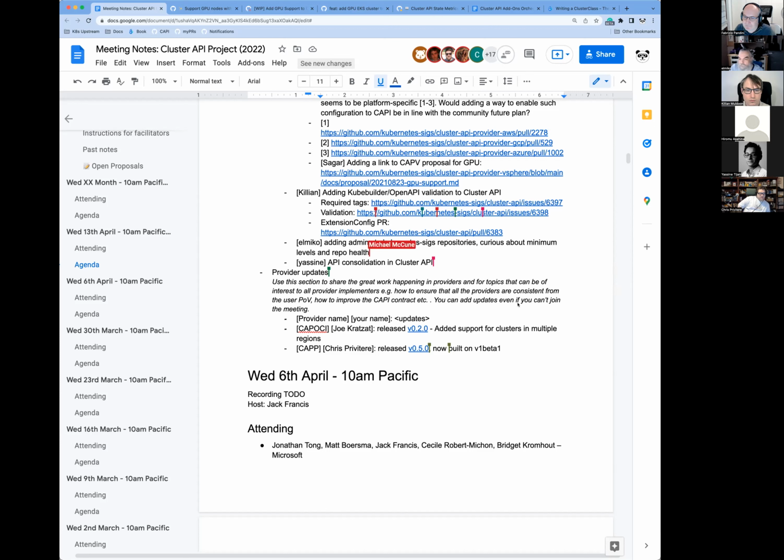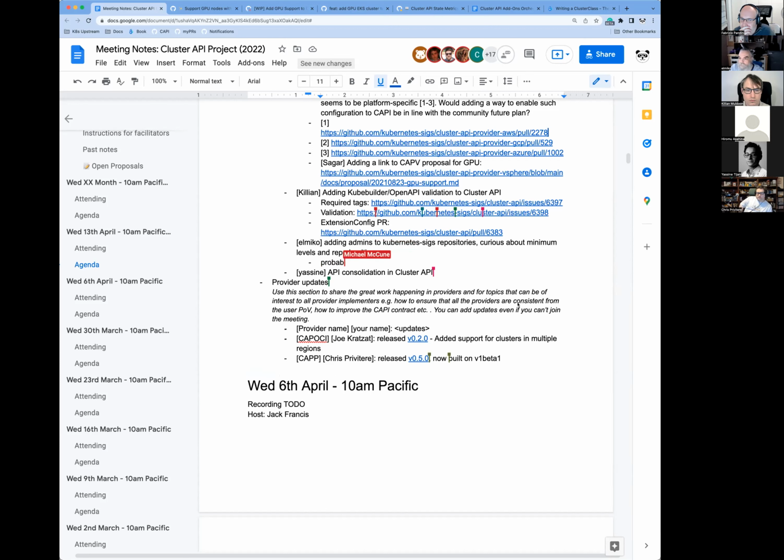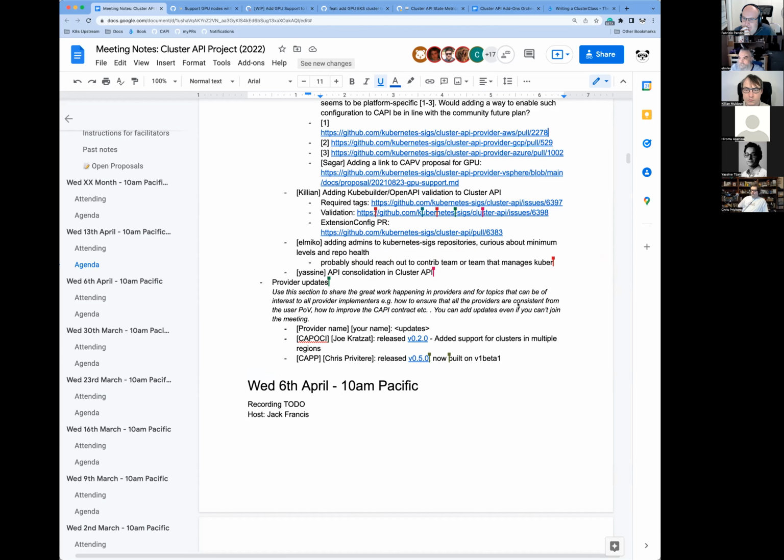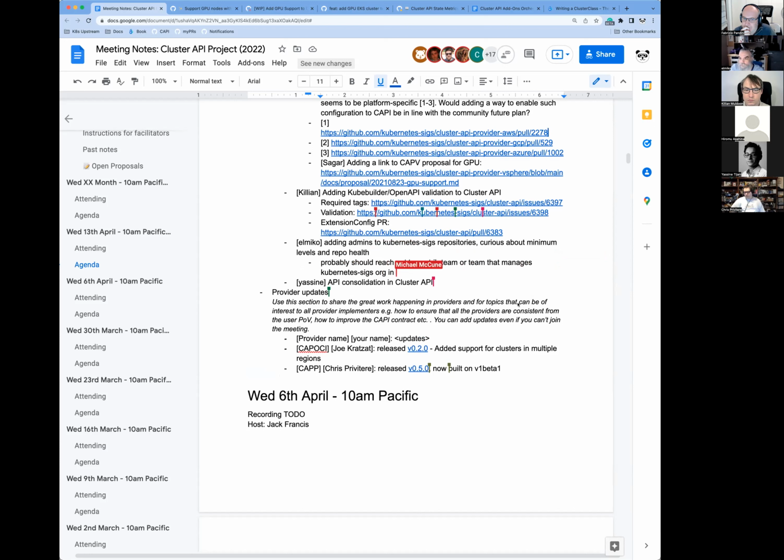Yeah, I started taking a look at our providers' APIs, and it seems like in some cases we are missing some consolidation, where we're doing provider-specific approaches to things that can probably be brought up to Cluster API. Just an FYI, I'm currently working on a document to list out those things.